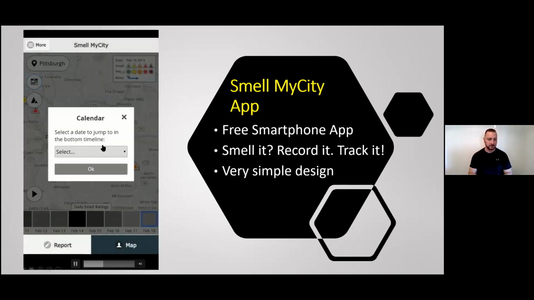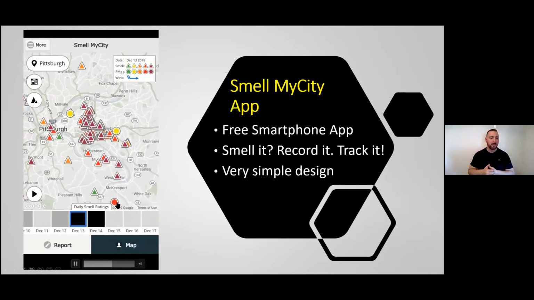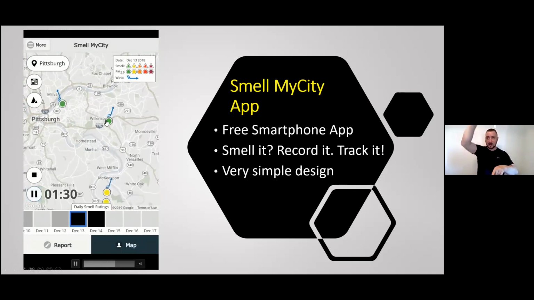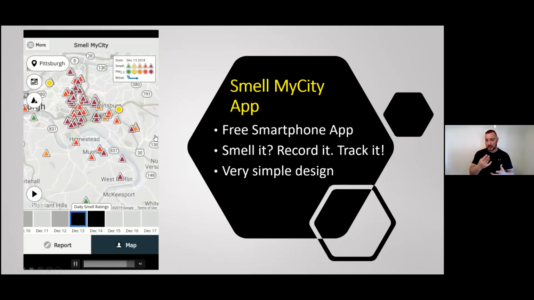And what you can do, you can go through and see this data over time and see what other people have been reporting in the smells. It can show the wind direction. So you can see, like, if there is a smell down here and the wind is facing, and you're up here and the wind is coming this way, you can expect to smell it soon. Or you can say, what I'm smelling now is something that other people were smelling in the South earlier today. So this is a really cool tool that we would really like to see communities using more,